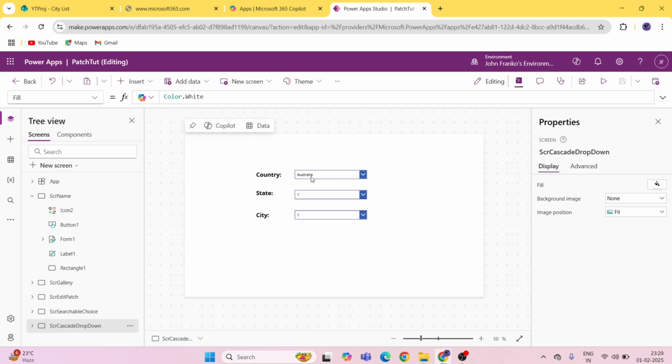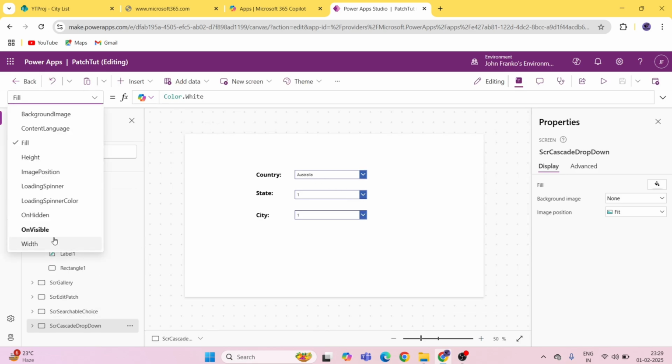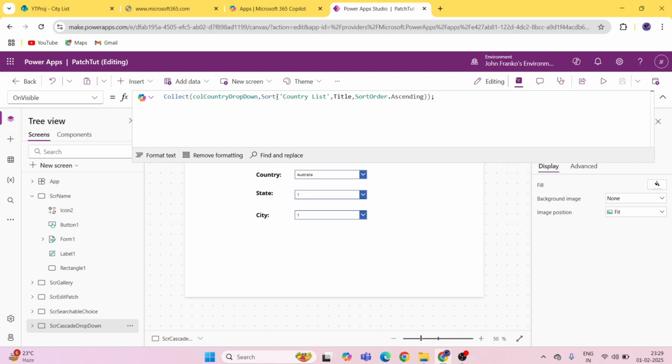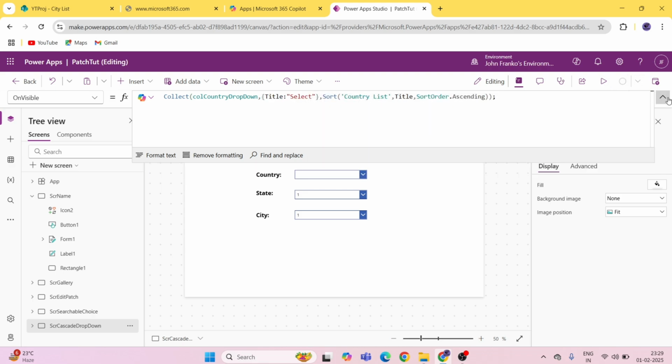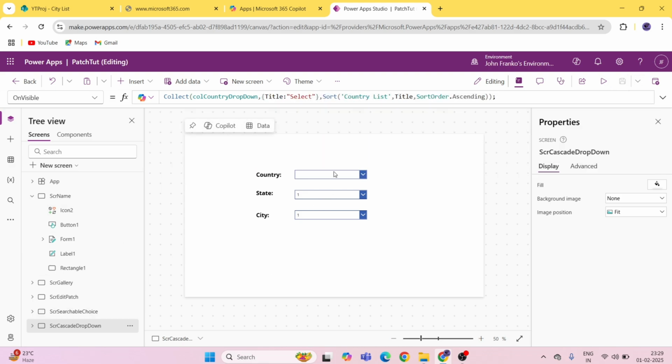We won't be getting the states. So you have to add the title and that select thing here. Now we are done with this. What I'll do, I'll save it and I will go to the